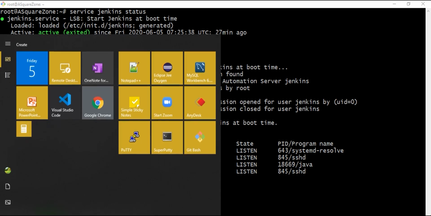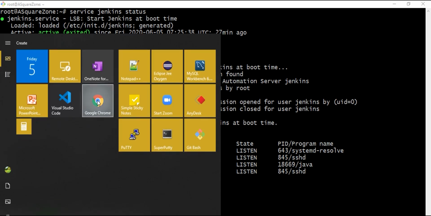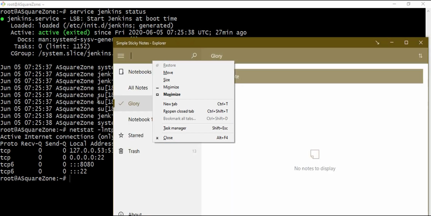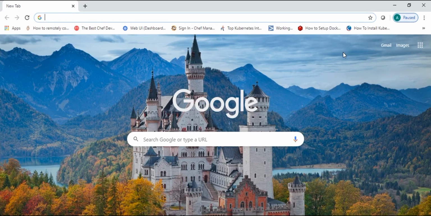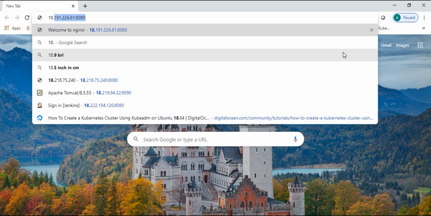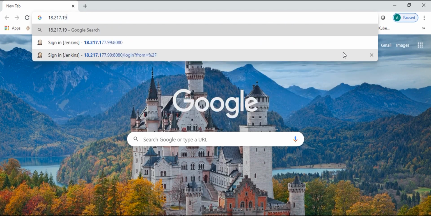So now I am going to open my browser here and I am going to provide my IP address, 18.217.177.99, followed by 8080.